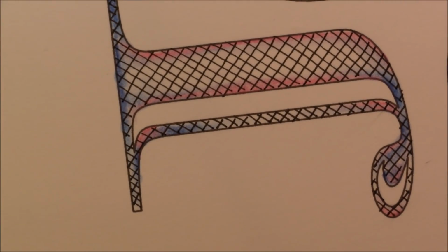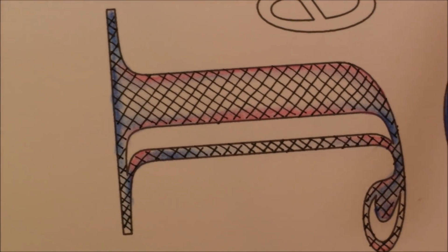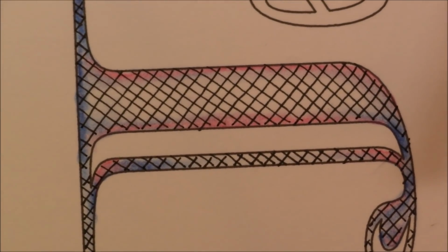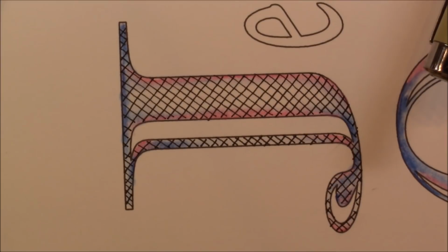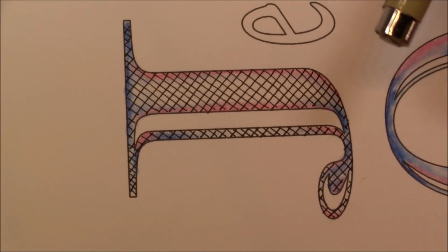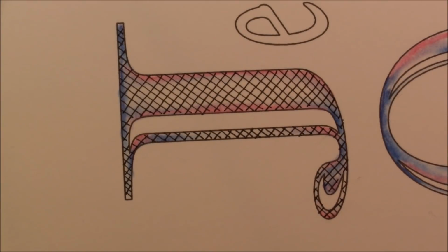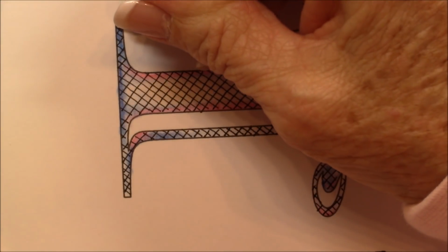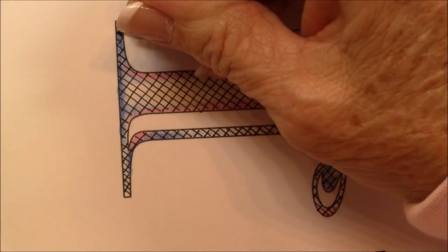But I want a little bit more dramatic look, so I'm going to go ahead and fill it in. And I'm not going to turn it. Let's see if I can come out just a little bit more. Okay, and I won't turn it so I can stay right on the thing. But we want to start out, and I'm going to...